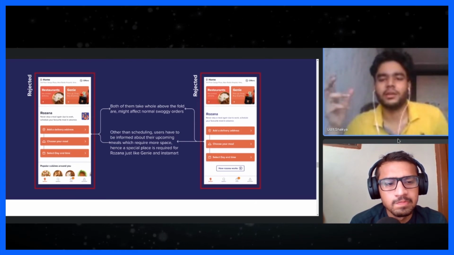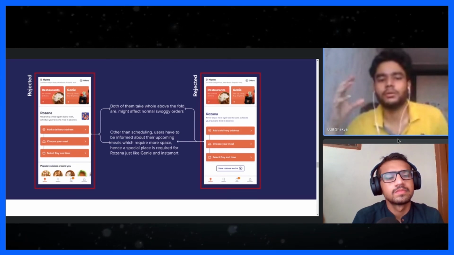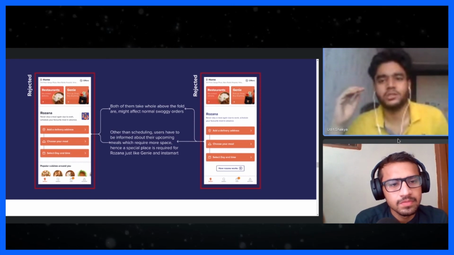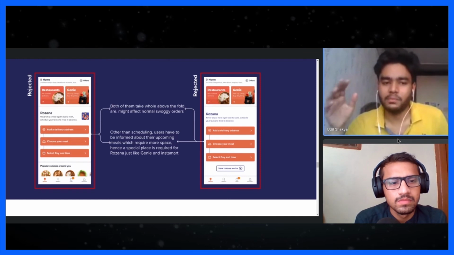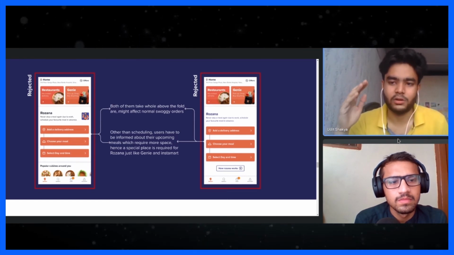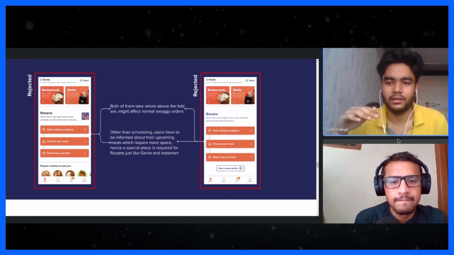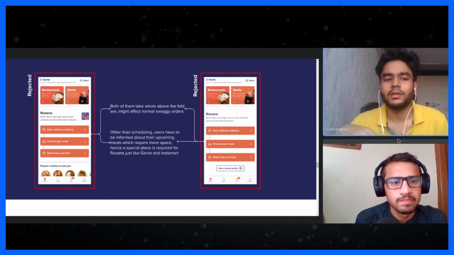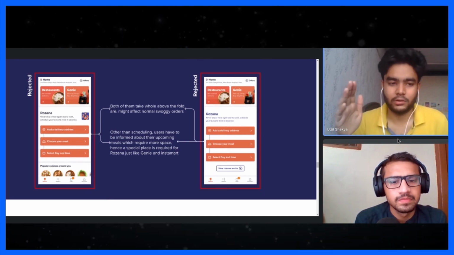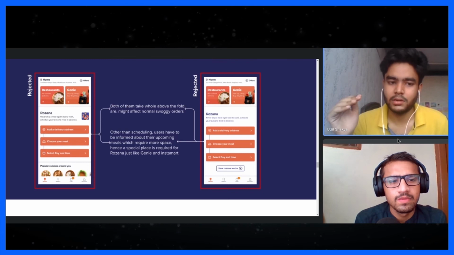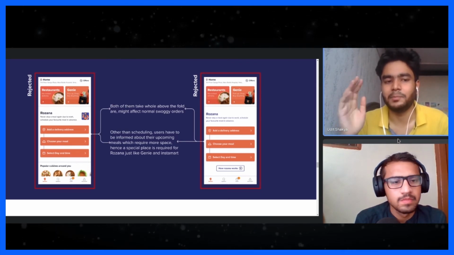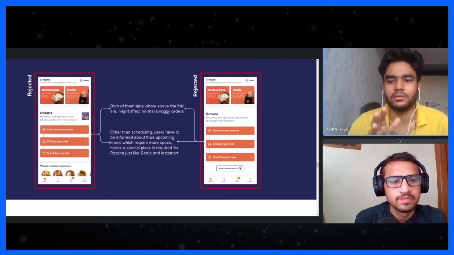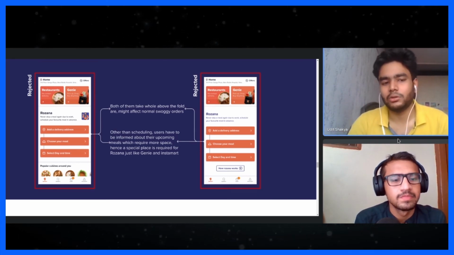So when you are designing something, when you are redesigning something, when you are coming up with a new feature, you are a product designer. You want that your redesign would not hamper the already designed product, would not hamper the sales or anything, right? Since the main focus of Swiggy is still the normal orders, we do not want to completely remove them from above the fold and place the other smaller stuff on the home screen.